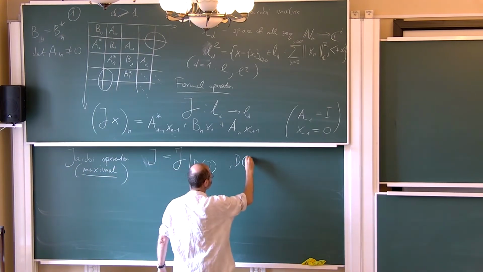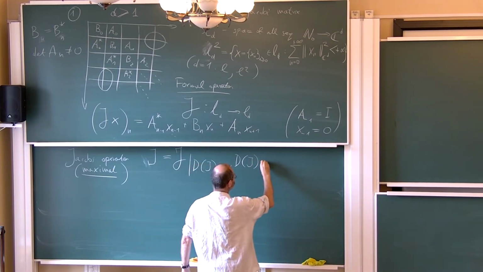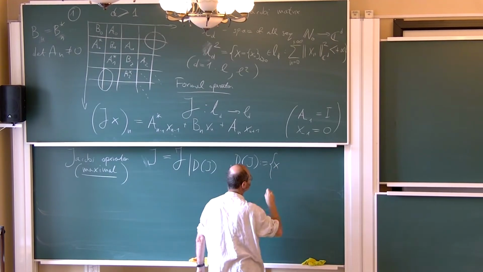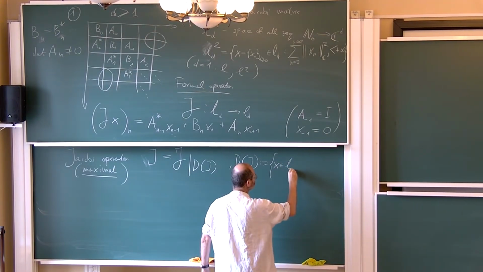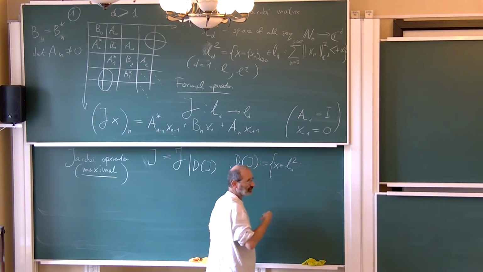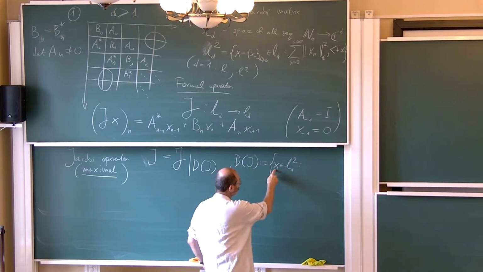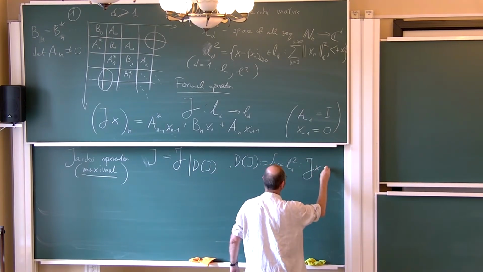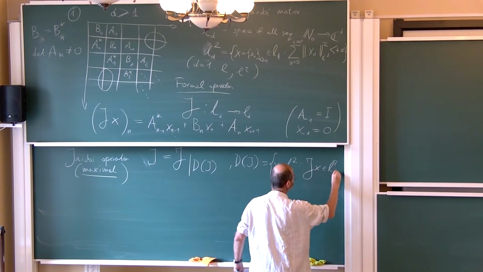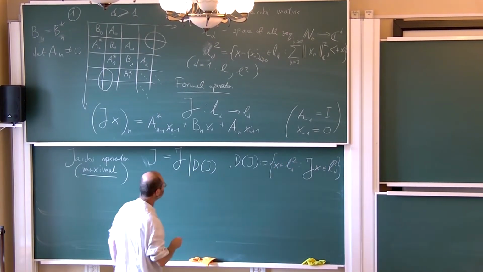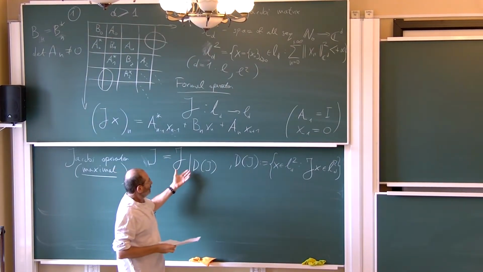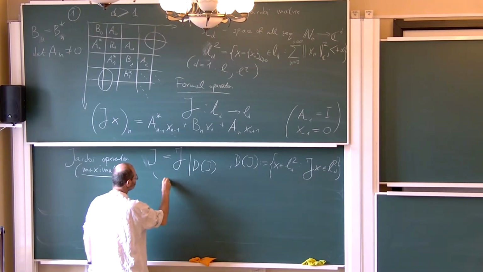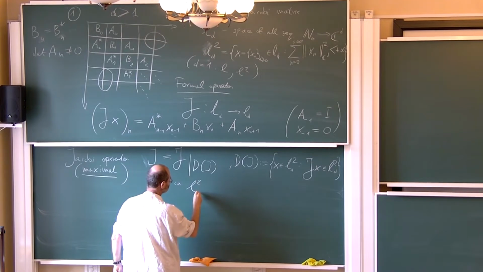And this maximal domain is like this. We take all the sequences from LD2 such that the formal operator moves this into A2. This is a maximal domain, and then we have a linear operator in L. We consider this as an operator in L2D.